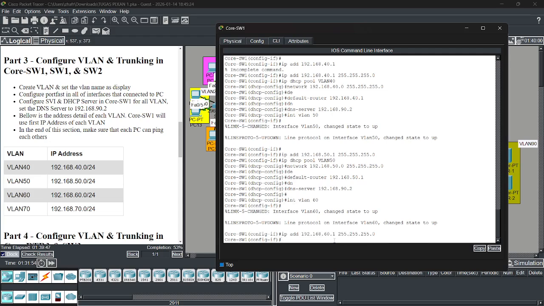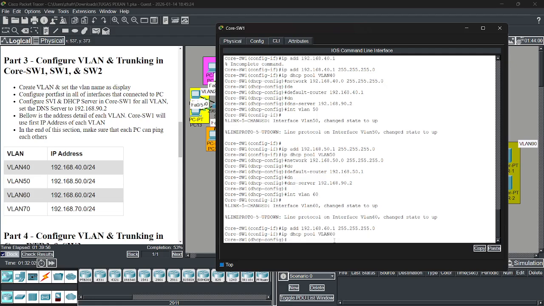Okay, after that IP DHCP pool VLAN 60, network 0, and the subnet mask, don't forget.